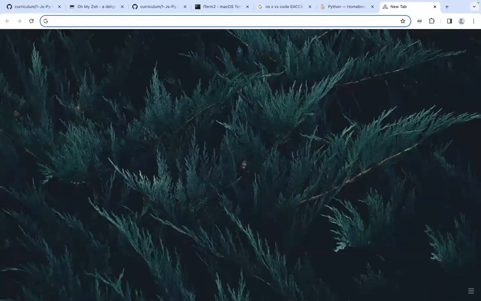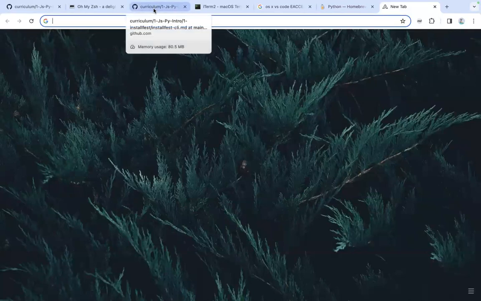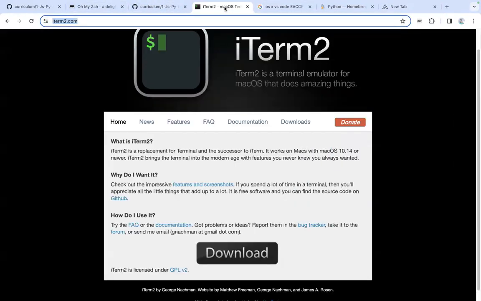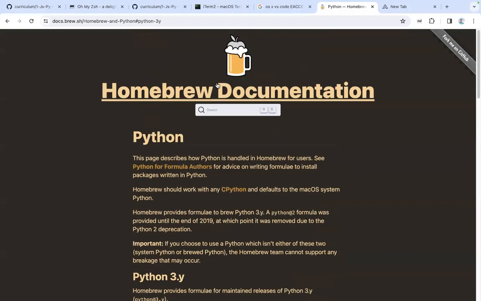Linux has a bunch of package managers. The one for Linux is called apt, A-P-T, and each programming language usually has its own package manager that's popular, sometimes a couple. And we'll look at the ones for Python and Node.js, JavaScript in a minute. And again, the command line and text are sort of the common lingua franca for all this stuff. So if you don't have Homebrew installed,